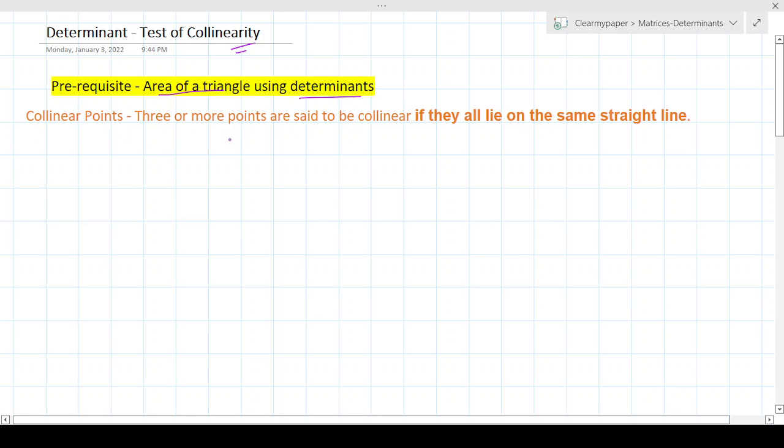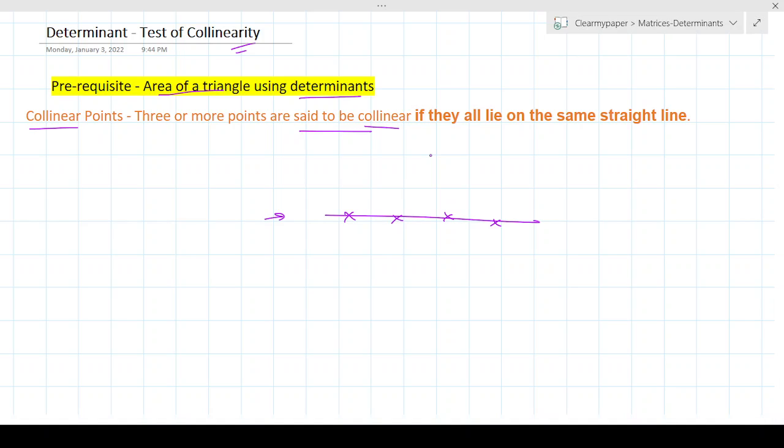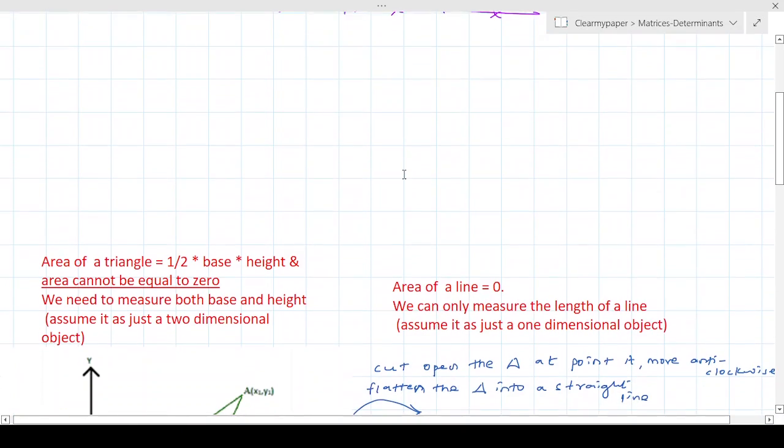Okay, so first let's understand what collinear points are, which we have studied in elementary school. Basically, points lying on the same line. All the points lying on this same line are called collinear points. In other words, a set of points is said to be collinear if they lie on the same straight line. The definition is simple, and if you see the word itself, collinear, it's linear, and we have also discussed linearity and linear equations when we talked about simultaneous equations in the beginning episode. So how can we use a determinant to test if the points are on the same line, or in other words, collinear? Let's talk about that in this episode.